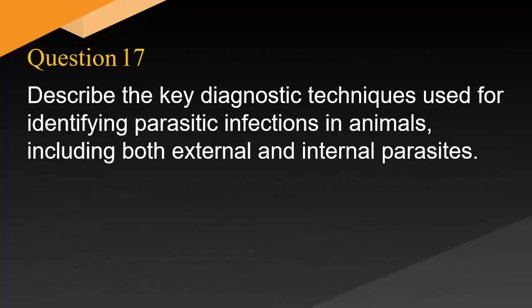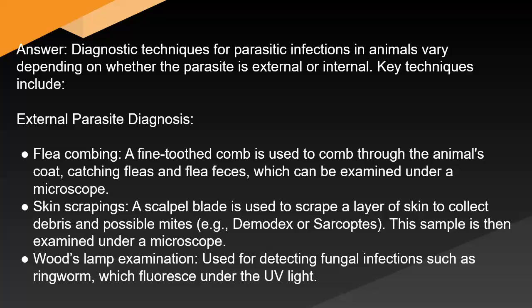Describe the key diagnostic techniques used for identifying parasitic infections in animals, including both external and internal parasites. Answer: Diagnostic techniques for parasitic infections in animals vary depending on whether the parasite is external or internal. Key techniques include external parasite diagnosis, flea combing. A fine-toothed comb is used to comb through the animal's coat, catching fleas and flea feces, which can be examined